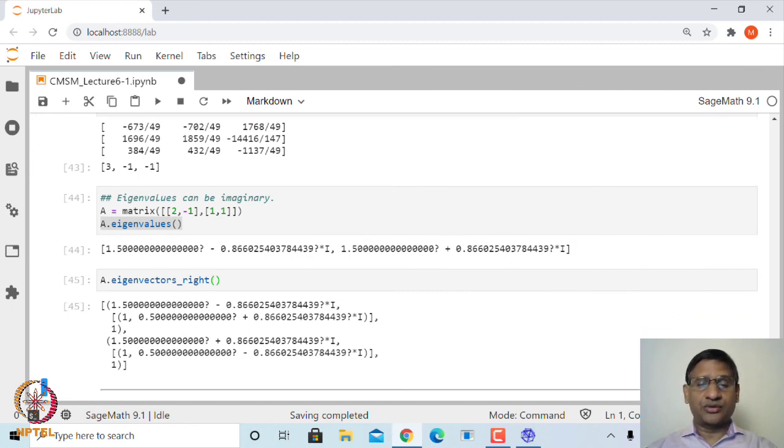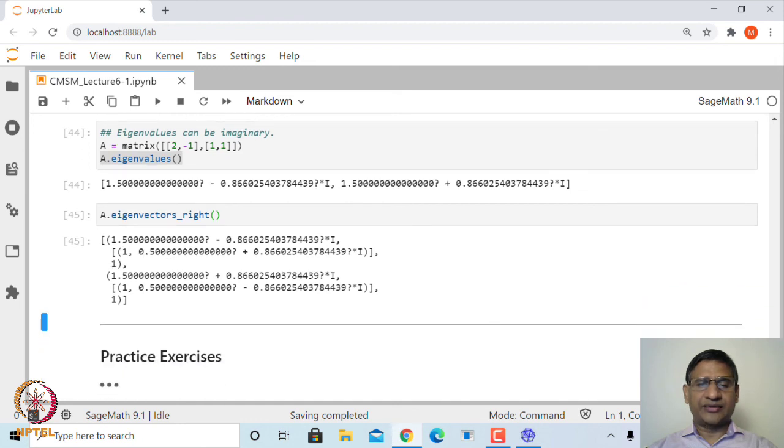So, it is not necessary that every real matrix will have real eigenvalues; you may not have eigenvalues. For example, if I look at a rotation matrix, say rotation in R2 by 30 degrees, no vector is going to be fixed under rotation. So, that means the rotation matrix will not have any eigenvector or eigenvalue.